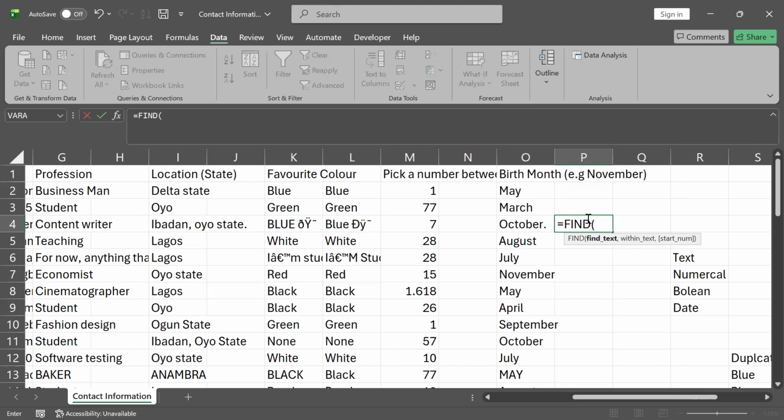So what is find going to do? Find is going to find a particular thing for me, and I'm going to tell it where to find that thing. So this is what I want Excel to do. I want Excel to find,